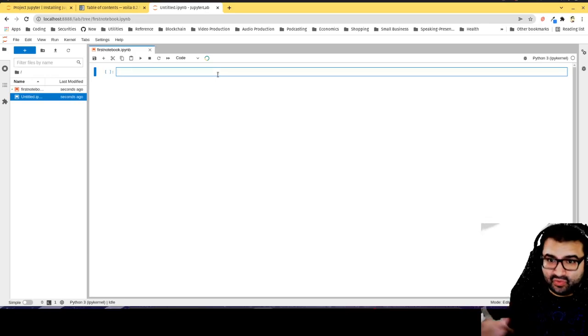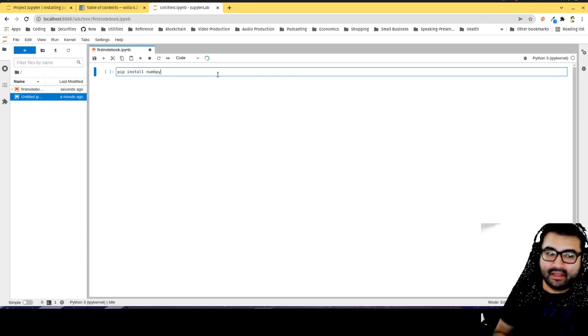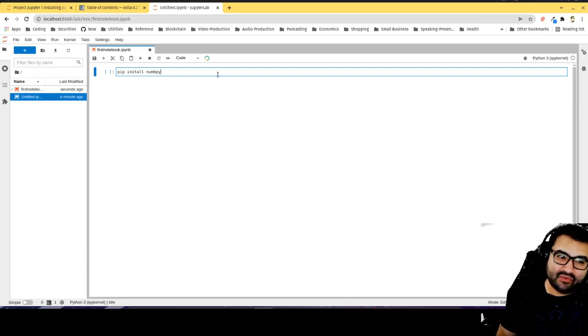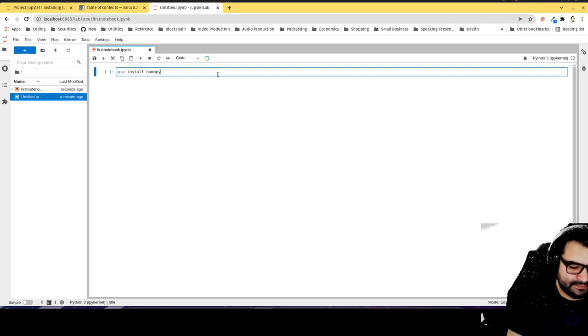So the rules of Python still apply, but let's say I want to install numpy. I haven't installed numpy yet, so I can actually add pip install numpy in here. That way, if I decide to send this notebook to somebody, and they open it up, they have the notebook server running, but they don't necessarily have a particular library that I use. By doing my pip installs here, it'll make sure it installs anything I need at the very beginning of them looking at the notebook. Okay, and actually it's numpy. So if I hit enter here,